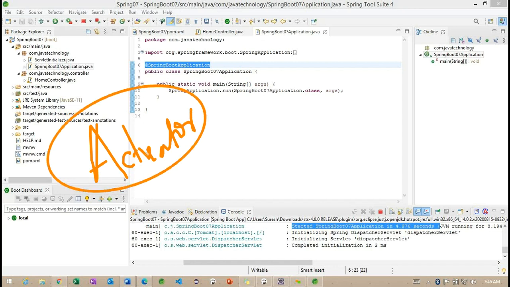What it will do is provide information about this particular application. How exactly the application is functioning internally, everything we can check with this particular starter. This is one starter available in Spring Boot. We'll check later how, using this starter, we can identify the application health and status, everything we can check here.